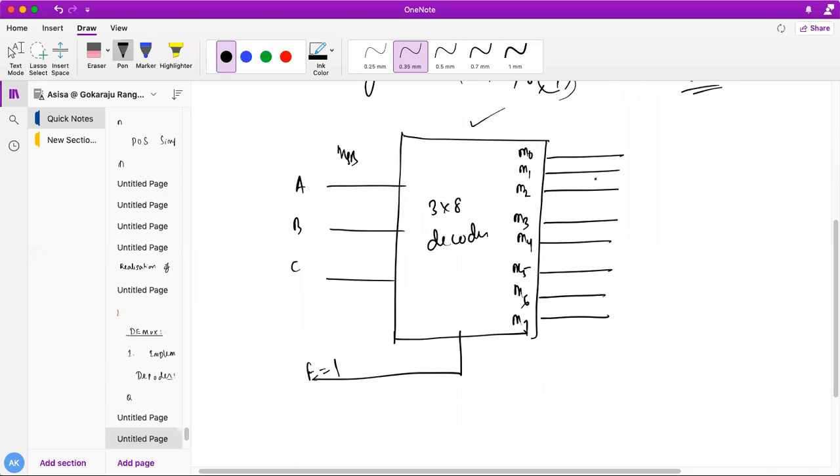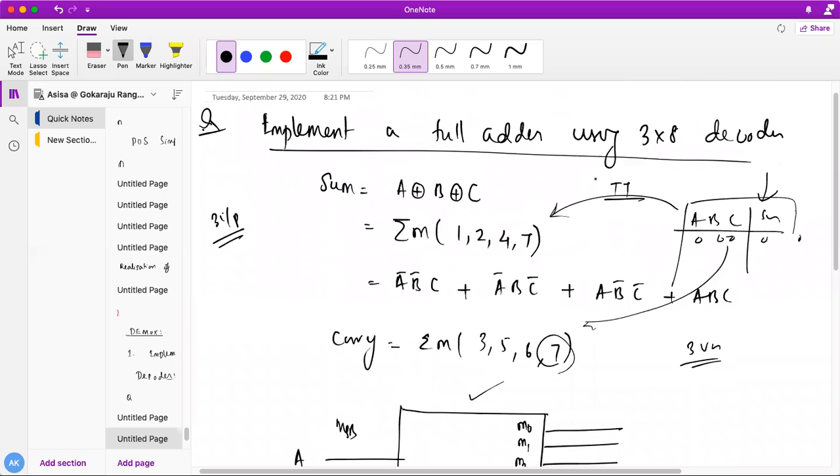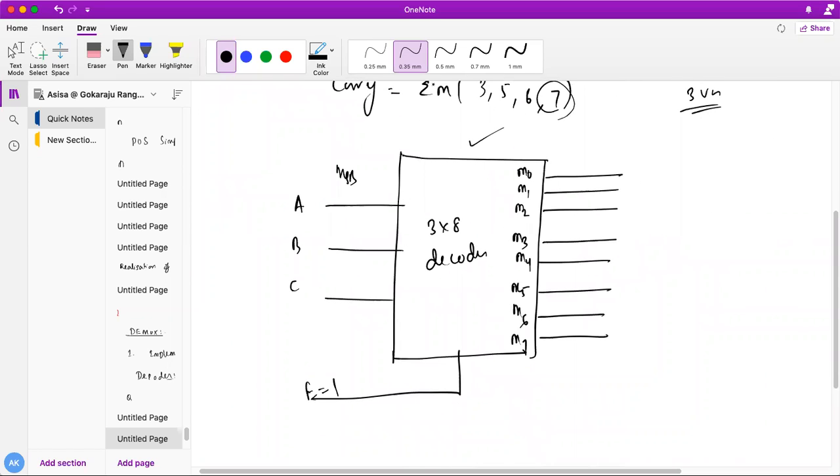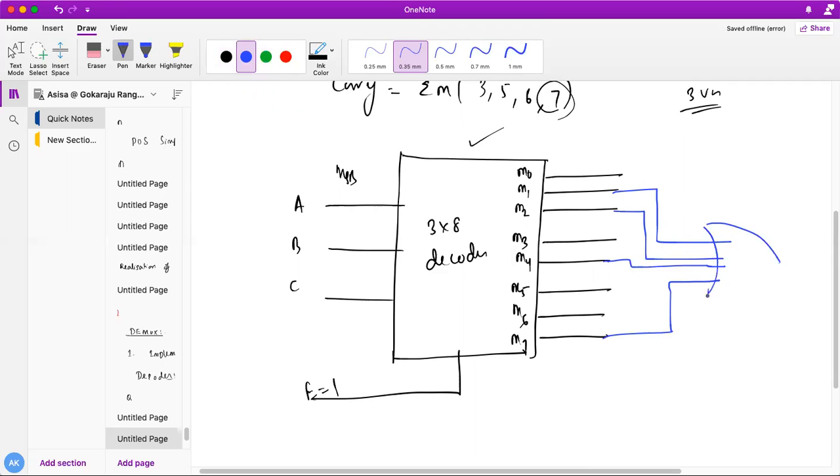For the sum, I'll take the min terms 1, 2, 4 and 7, and perform an OR operation between all of these, because these are SOP, where product terms get summed.